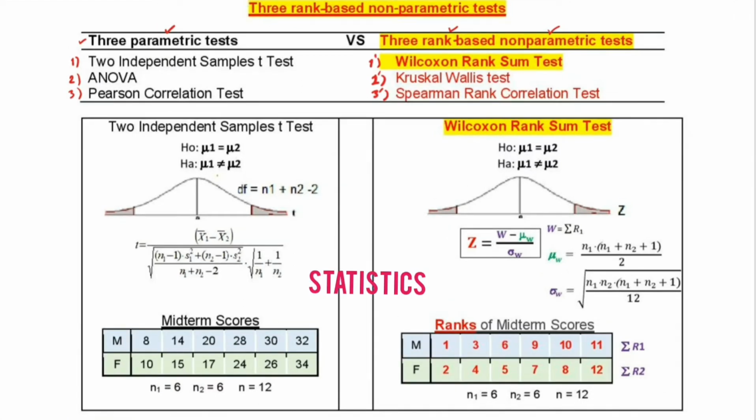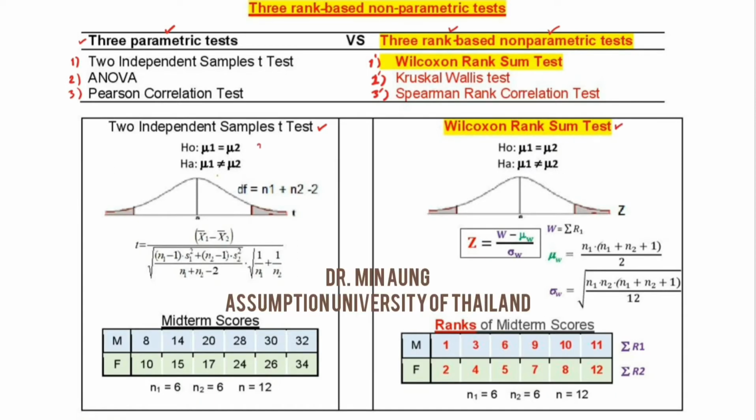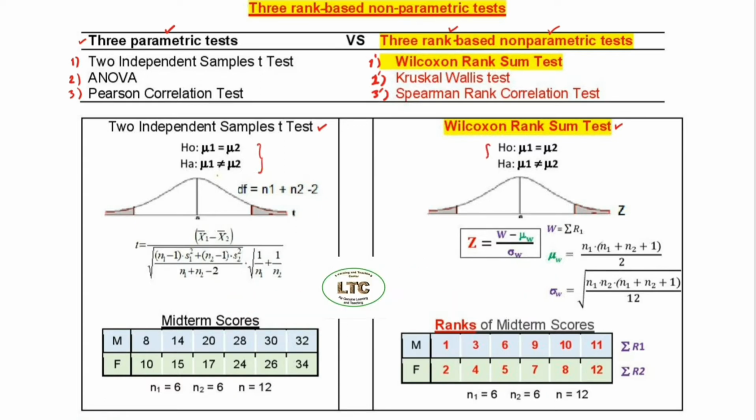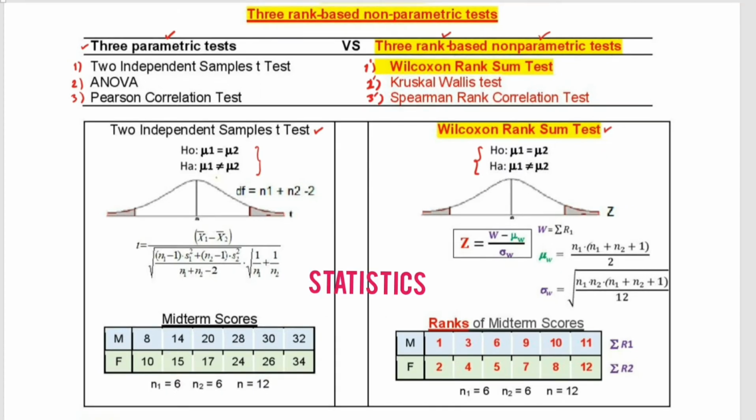The first pair of tests are independent samples t-tests and Wilcoxon rank sum tests. They compare two means, two tail, one tail, right tail, left tail possible. The same HOHA. Independent samples t-test